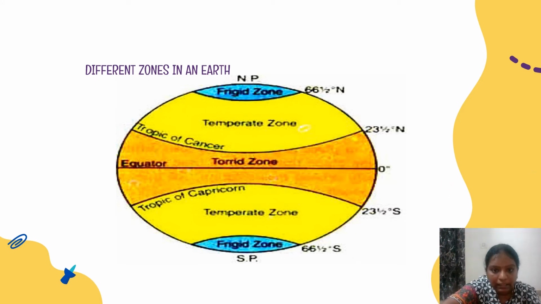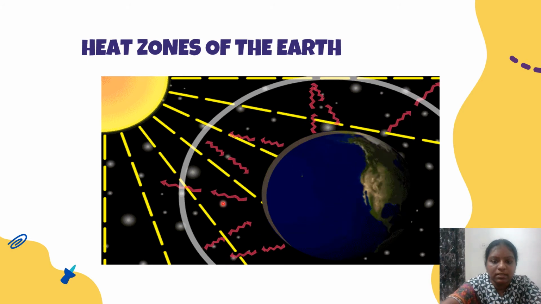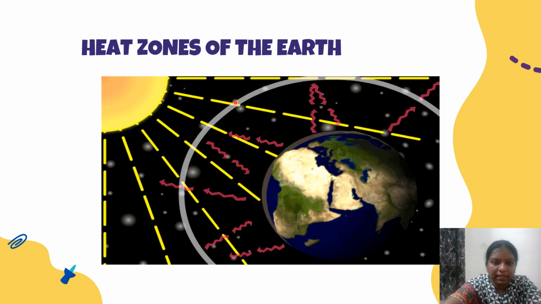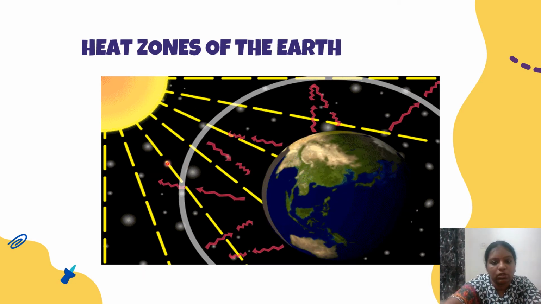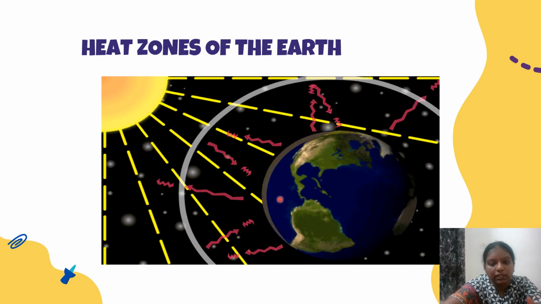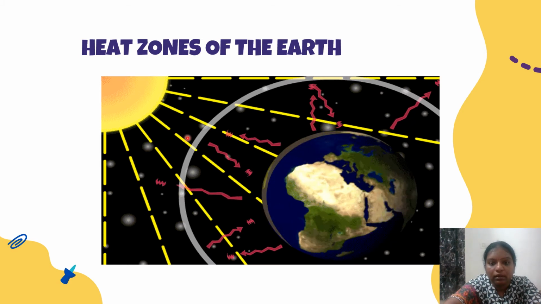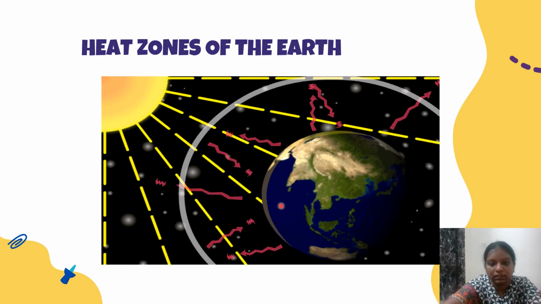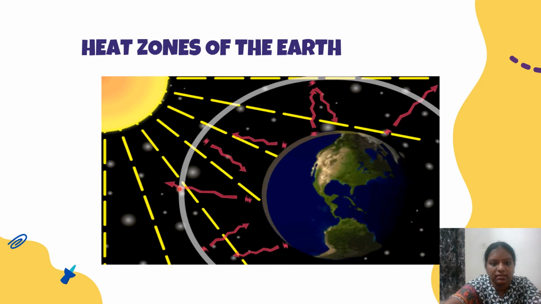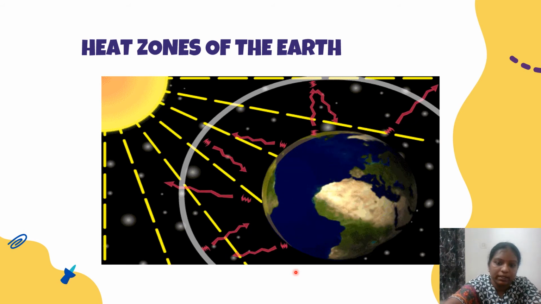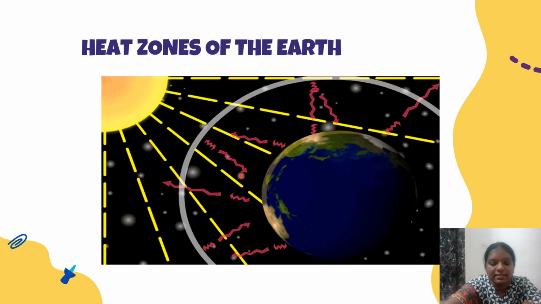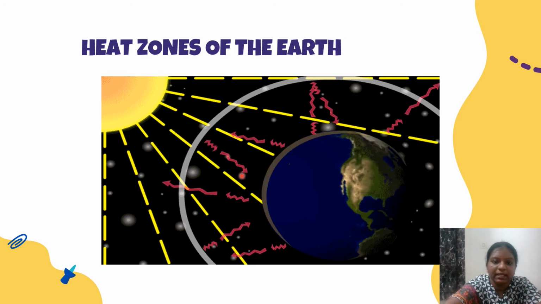Now in detail we will learn. In this image you can see the sun's rays falling on the earth, right? You can see many rays, some are shorter, some are longer. Can you tell me, children, where the short rays of the sun fall on the earth? Yes, of course it is in the middle part or the center part of the earth. So these are the shorter rays. And what about the longer rays? Do they fall on the earth? No, they do not fall on the earth, right? Based upon the sun's rays only, we are dividing the heat zones of the earth.